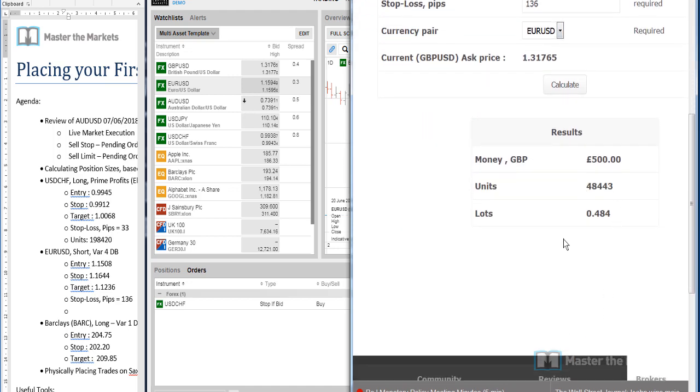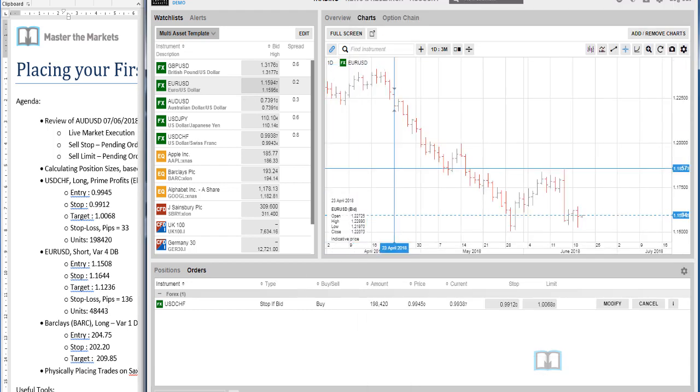If I scroll down, it's giving me the key bit of information there: the number of units of Euro that I need to sell, 48,443. Now we've got everything we need from that. We click over to the platform,